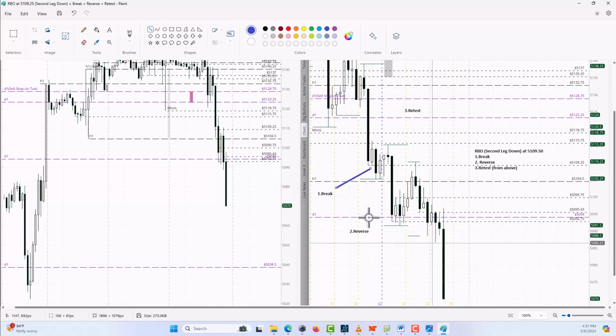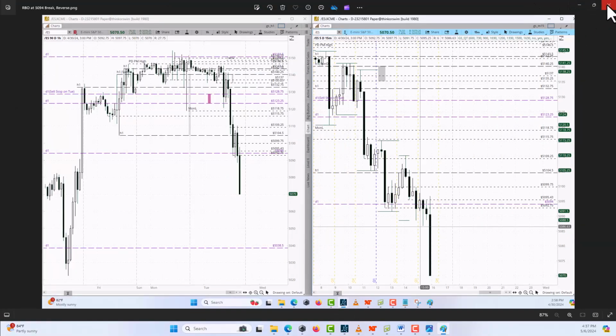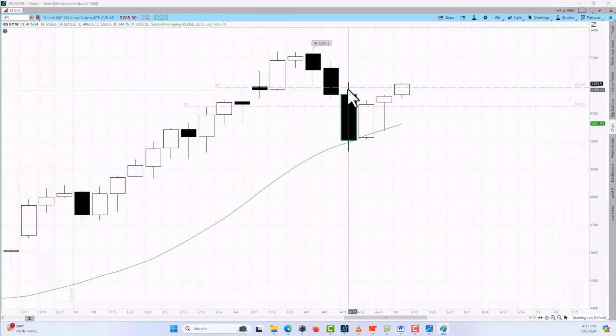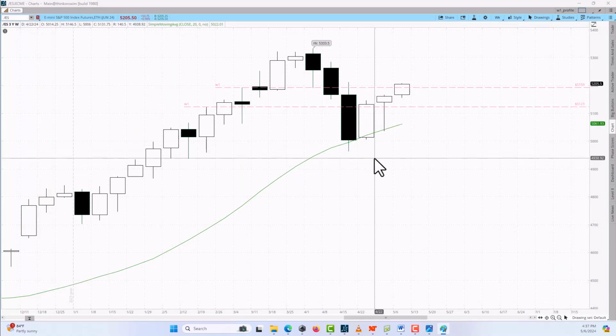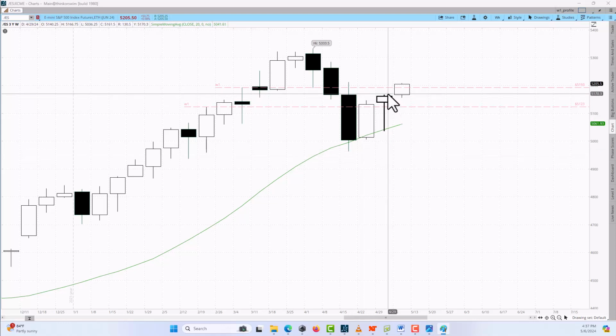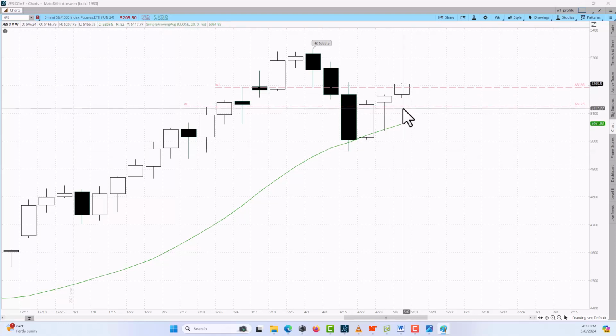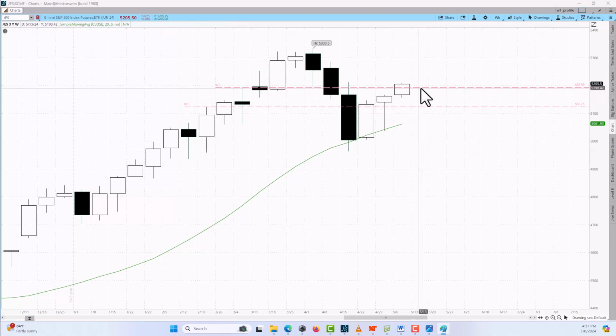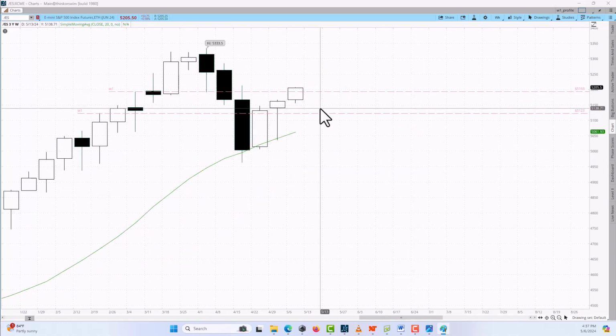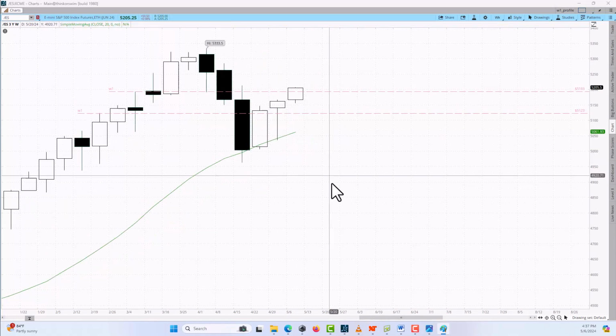So that is the setup. We want to see if it's going to happen for this setup. We see a break, the first step. We see the reverse, and we already see the retest. Now wait for it to break the level. First, we have to see tomorrow. It's going to get rejected at that level, and then it's going to break the level. Maybe the whole week. So that's what we anticipate.